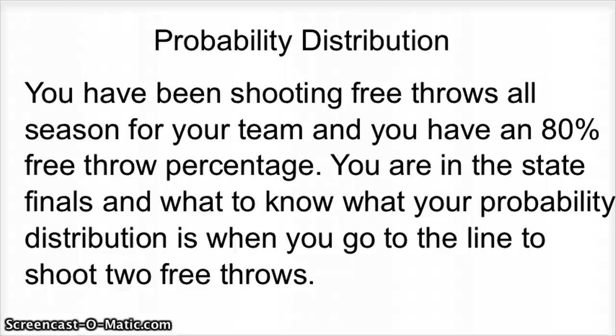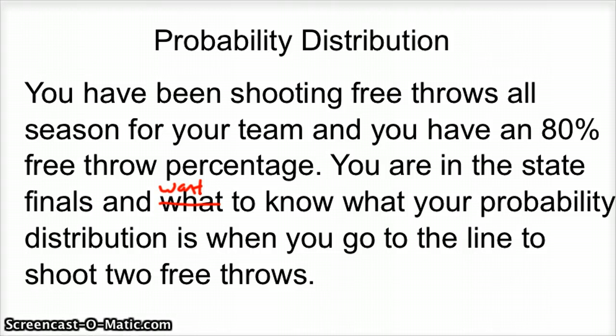All right, what is a probability distribution? Well, you've been shooting free throws all season for your team, and you have an 80% free throw percentage. So in other words, you've made 80% of your shots. You're in the state finals, and you want to know what your probability distribution is when you go to the line to shoot two free